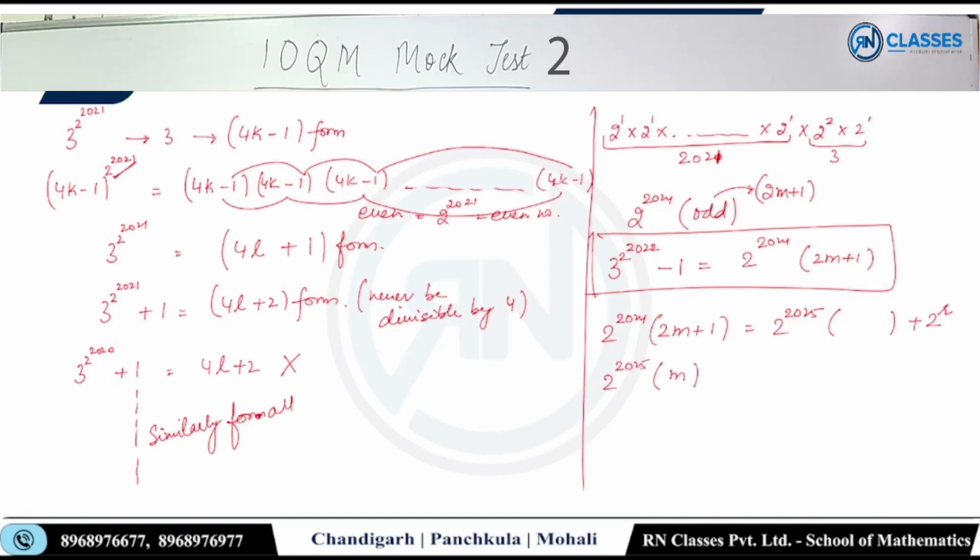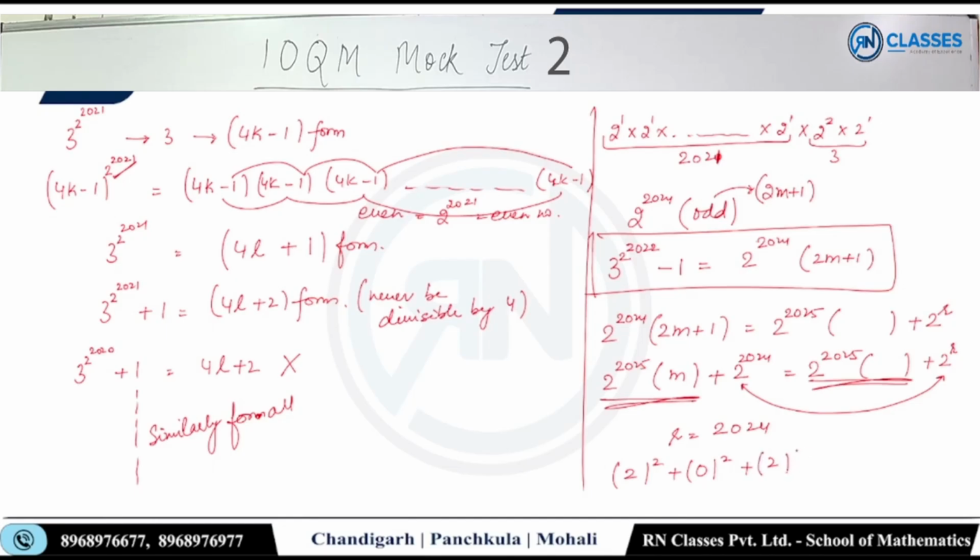2^2025 इंटू m प्लस 2^2024, यहां पे आ गया 2^2025 इंटू सम कोशेंट प्लस 2^r, राइट। कंपैरिजन ही करना है, 2 की पावर है दोनों की दोनों, क्योंकि ये वाली साइड और ये वाली साइड तो इक्वल है। क्या आ गया? तो r की वैल्यू आ गई मेरे पास 2024। अब इसके बाद मेरे पास r आ गया, तो इनका डिजिट्स का स्क्वायर करके ऐड करना है, बस दैट्स इट। स्क्वायर करा और ऐड करा, तो यहां पे आ गया 4, यहां पे 0, यहां पे आ गया 4 और यहां पे आ गया 16, तो ये आ गया 20।